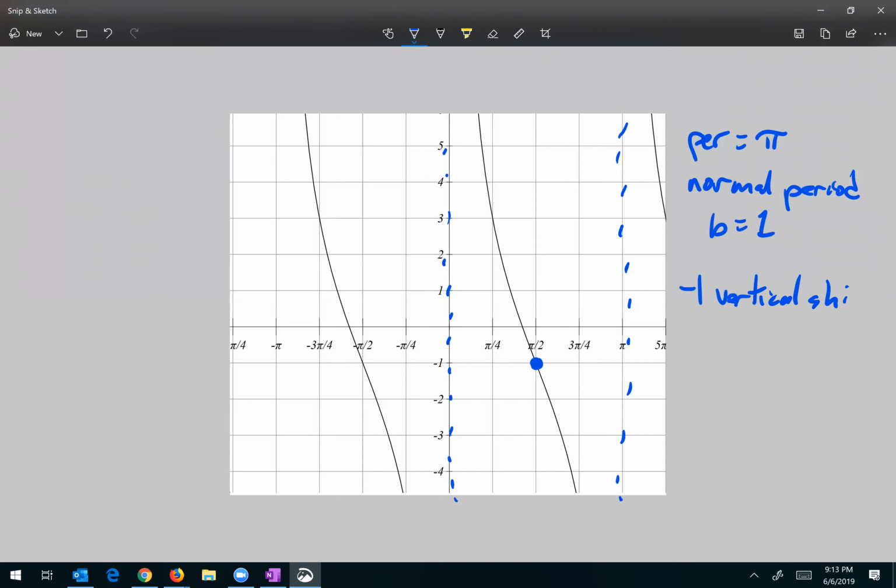So that means there'll be a minus 1 at the end of the formula. So the next thing I do is I go halfway to my asymptote, and I look at how much I go up to my point. And in this case, it's 4. Well, remember, normally that difference was 1. It went from, on the unshifted cotangent graph,